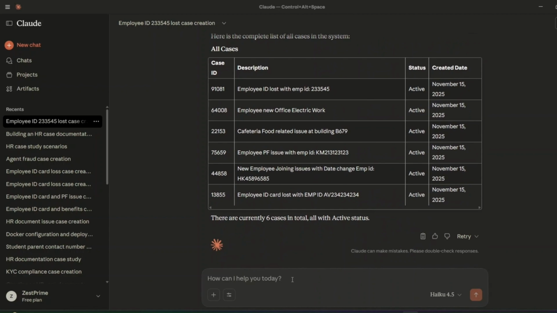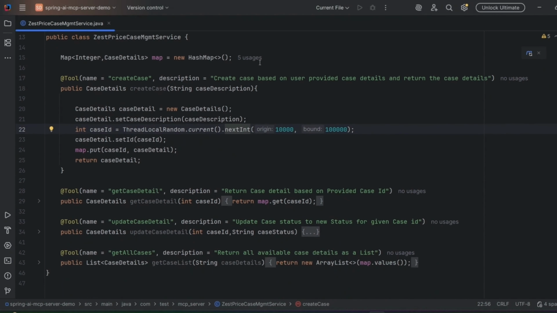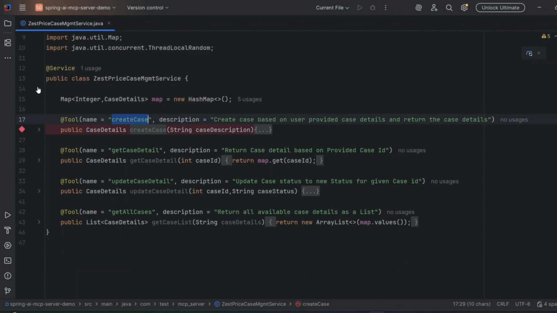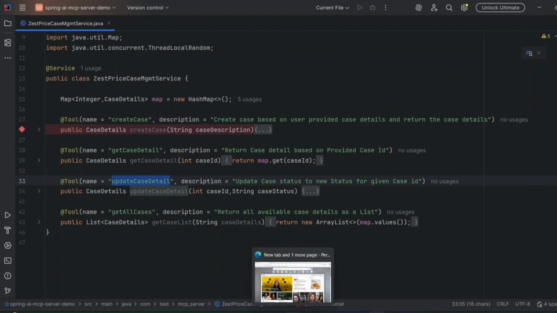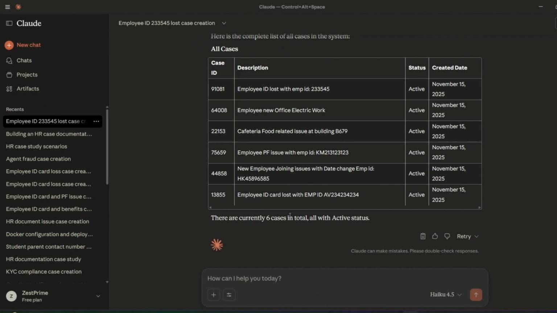Now what I want to do is update a particular case status to active or closed. How to do that? Because we have already built an API or tool. If you come back to the case details, we had seen how to create a case, how to fetch all the cases, and how to get a specific case's details. Now we are going to see how to update case details by passing the case ID. So let me come back to the